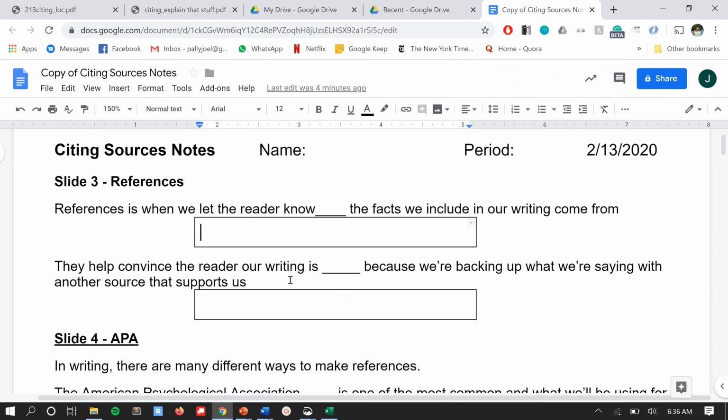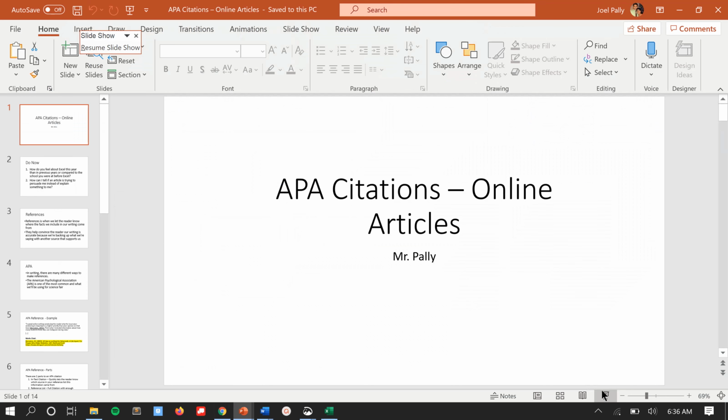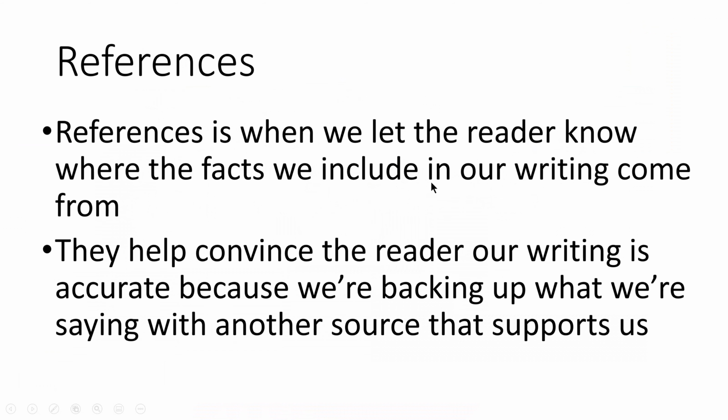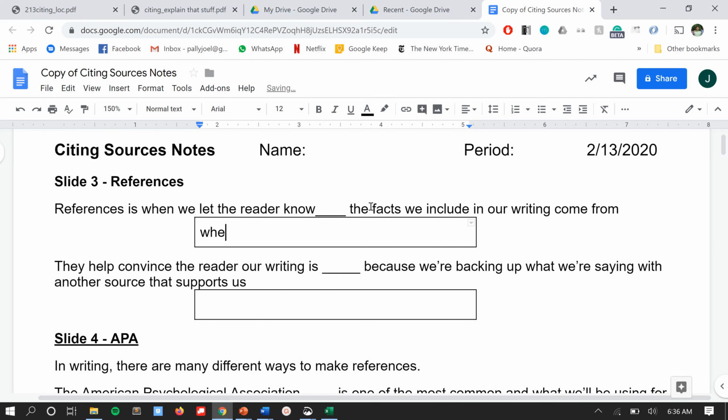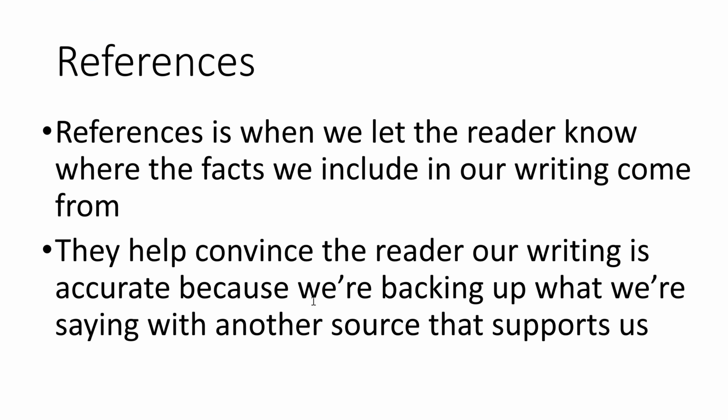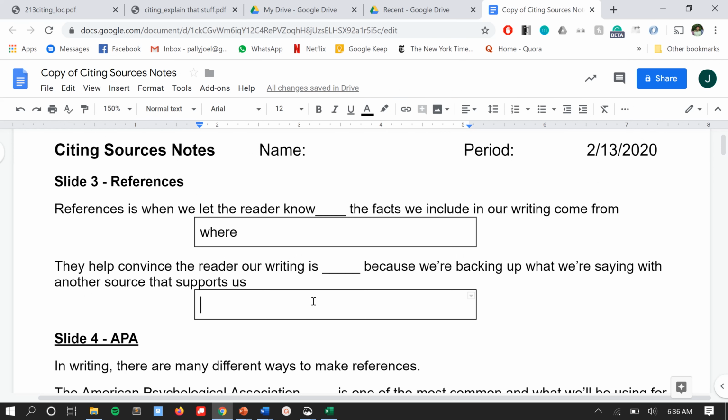Okay. So first off, we got to talk about what references are. References is when we let the reader know where the facts we include in our writing come from. So they tell us where the facts we include in our writing come from. They help convince the reader our writing is accurate because we're backing up what we're saying with another source that supports us. So when we've been looking for reliable sources, we've been trying to find sources that have